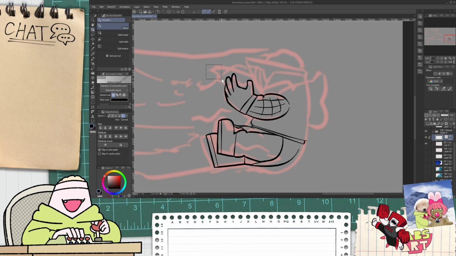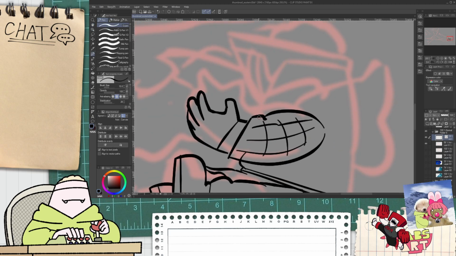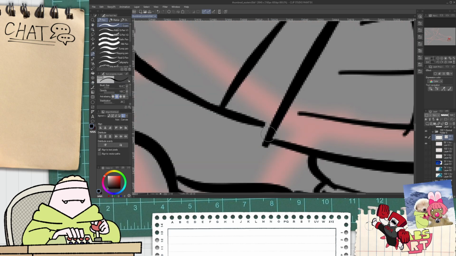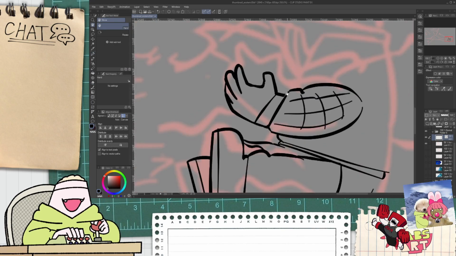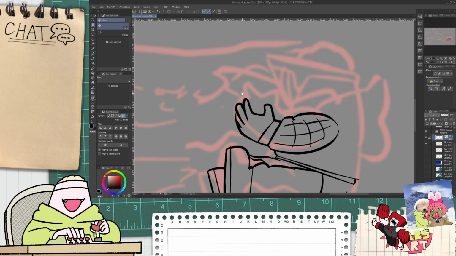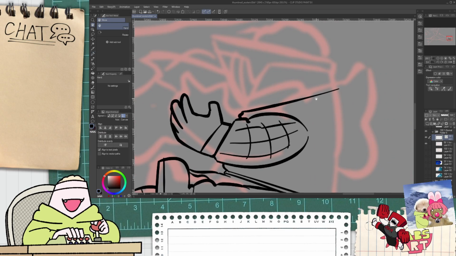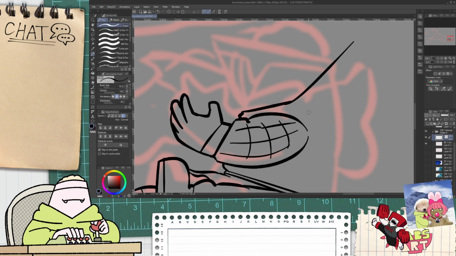Also, now I'm looking at it, the hand's a bit big. I need to reduce that in size. And also maybe lengthen the arm. I don't know why, but the idea that you could just kind of tuck the chainmail into the gloves, like it's a sweater, is really funny to me. That's probably absolutely not how it works, but I do think it would be funny.